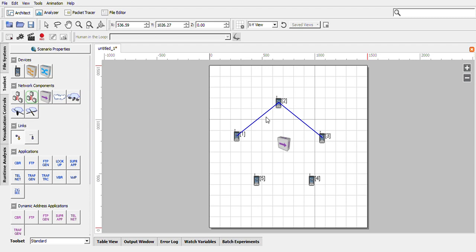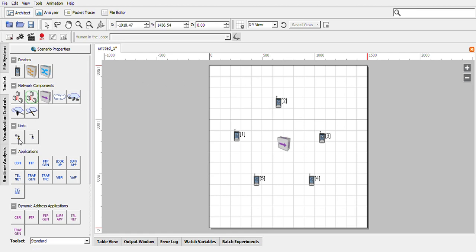And if you want to delete any particular link or device, it is very easy. Just click on this and select the link that you want to delete. It will be highlighted in red color. Then press the delete key on the keyboard. Again, I don't want this link, select it and delete it. This is how you can delete. If you want to delete everything at once, click on this and select like this. This is very easy. If I click on the delete key, every node in the editor will be removed. So this is how you can remove unwanted nodes or links.